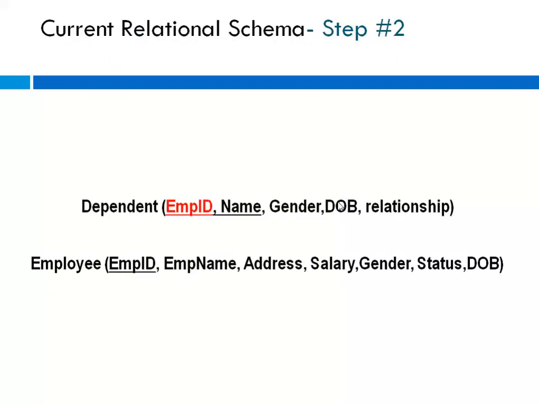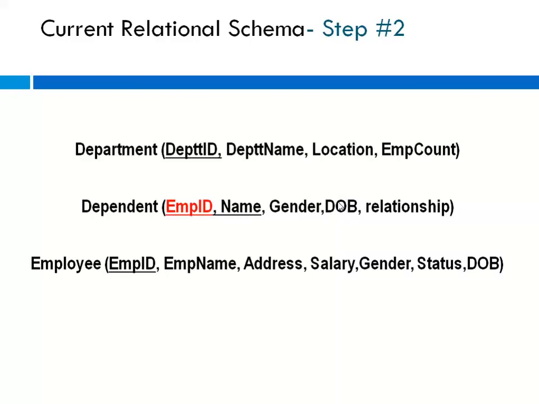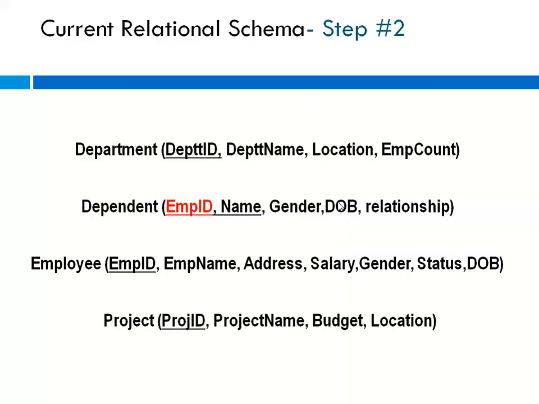After this conversion we have the following tables. First is employee, then dependent, then department and then project. So employee, project, department, these are the tables from 3 strong entities, and dependent is a weak entity, and it is created by taking employee ID as a foreign key from the employees table. Name was its partial key, so name and employee ID are combined to make the primary key for the dependent table, along with the attributes gender, date of birth and relationship.